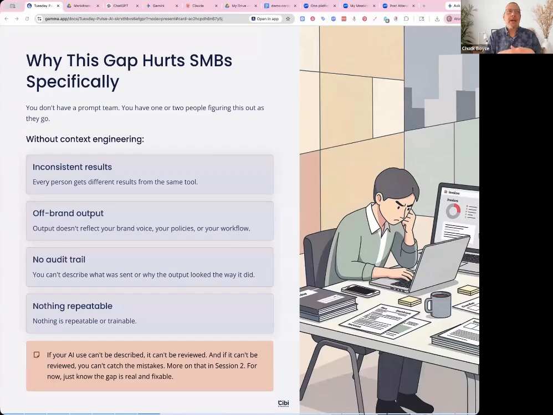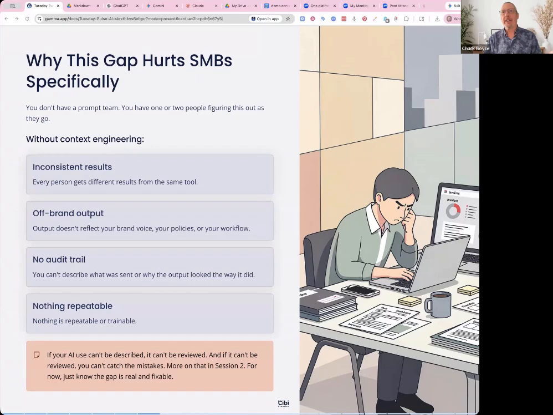If you get inconsistent, off-brand output, it's because Sam and Sarah don't have the same ideas; they are looking at it from a different aspect. If you can provide that information in a consistent form, you're going to get a more consistent result across your environment.